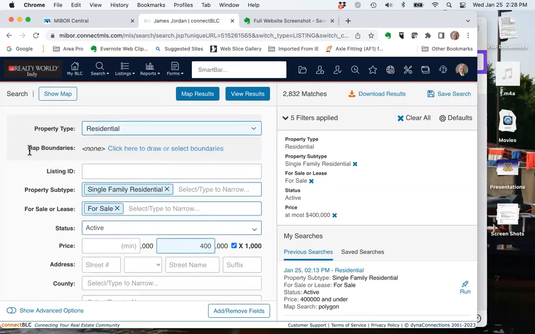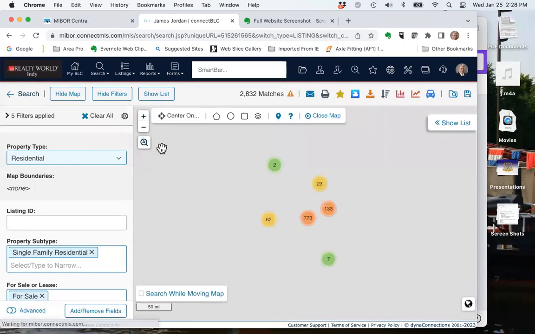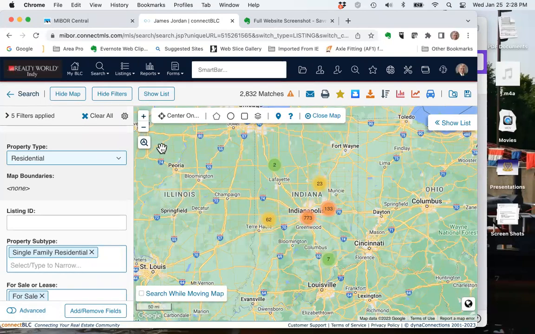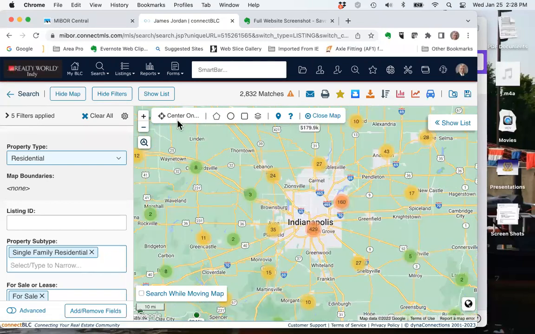And so up here at the very top where it says map boundaries, click here to draw or select boundaries. So if I click on that, it pulls up my map. It takes a minute for it to pull up. And so there we go. And it's centered on Indianapolis, Indiana. However, we could zoom in to get it to go where we want it to go and drag, or we could just center on